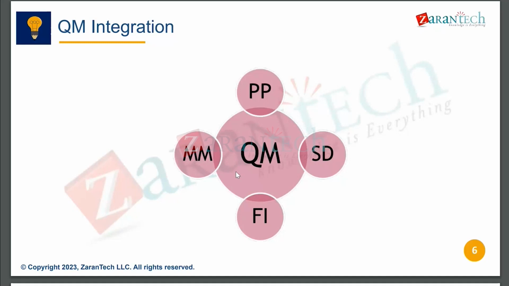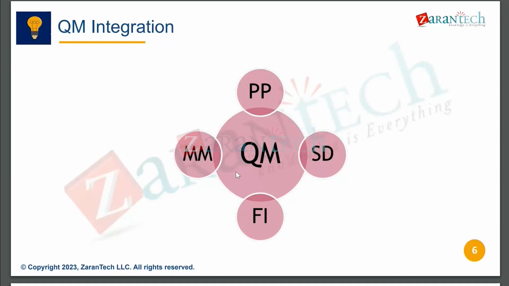Costing and payments to the vendors we can also control here. If you want to know quality management, you need to have a background of what is happening in materials management or purchasing, what is happening in production, in SD, and in FI. You need at least a basic knowledge, because QM is not an independent module;